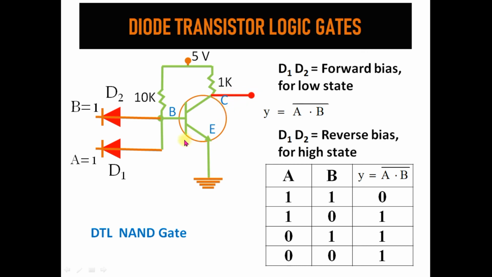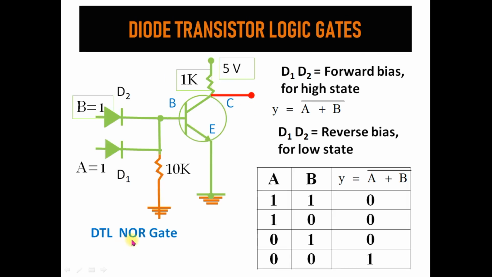And then we won't get the output here. If at least one of the two diodes is 0, that is in forward bias, then it makes a complete path for the flow of current or voltage, then there is no base current, so we will get the output here. There is no complete path for the flow of voltage or current, so we will get the output in the high state. If both diodes are in the forward bias, it makes a complete path for the flow of voltage or current, then there is no base current, then we will measure the output at the collector.